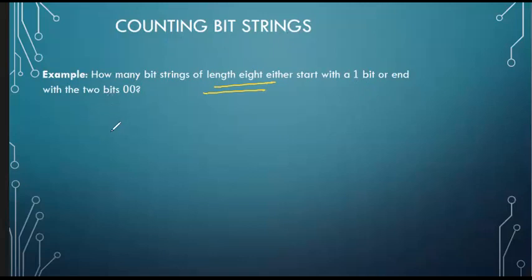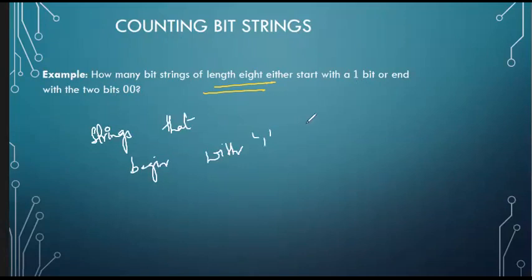Let's start with strings that begin with 1. If we want the string to begin with 1, let's assign it position 1. How many ways can we fill it? Only one way.